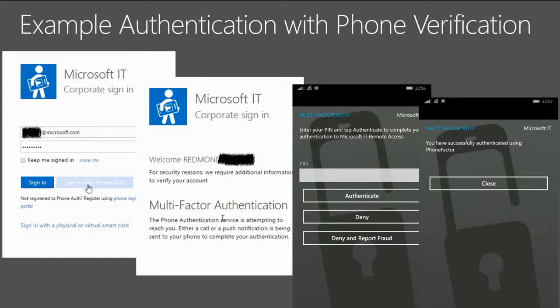On the other hand, if you are on a device that doesn't support virtual smart card or there's none, then what you're going to see is a prompt here. You can put your corporate credentials, but it's going to suggest you sign in with phone authentication. Now, this screenshot was taken at a time we had the choice. Now, the policy has been completely enforced. We don't have the choice anymore, so you don't have two buttons anymore. But you sign in with phone authentication. You get this